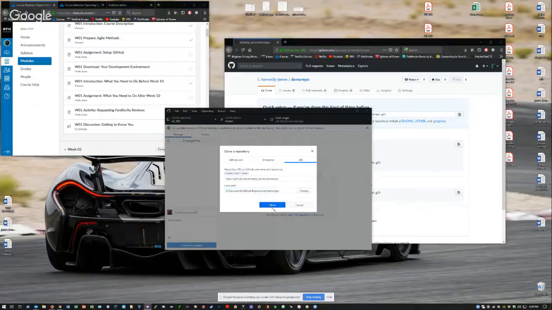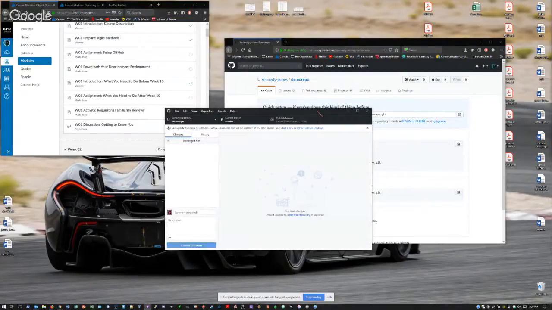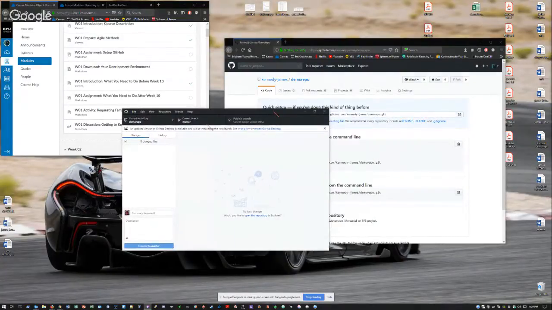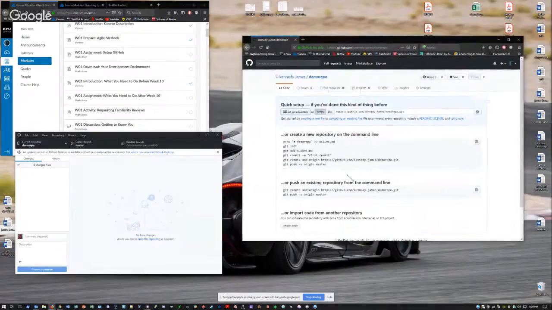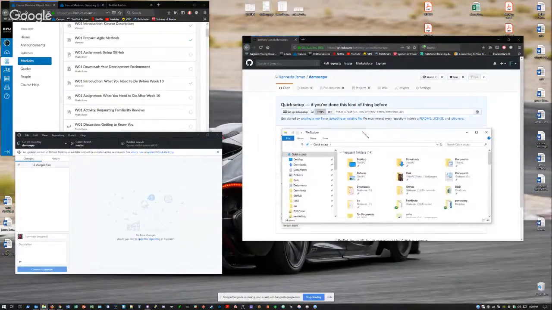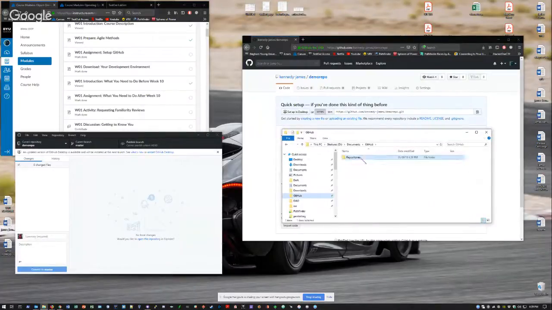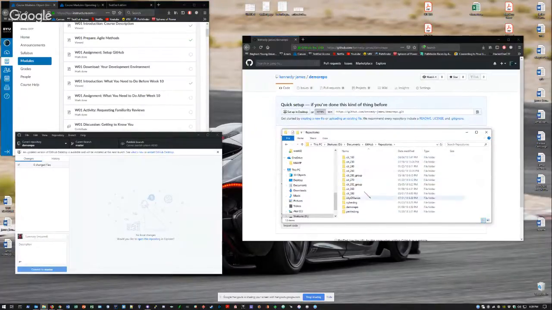You can choose there, clone the repository, and now all we need to do is push some changes to initialize it here on the site so we can look at it. To do that, we're going to go to our local files, go to where the repositories are. See, these are all my repositories from various classes and whatnot before. You can go to demo repo,